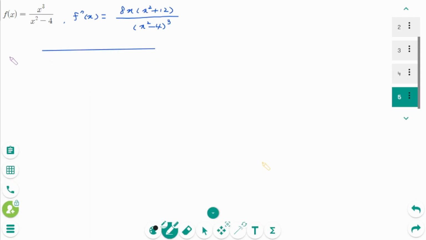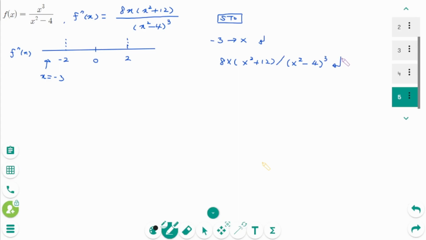There is a number line. f second prime of x equals 0, and x is minus 2 and 2 is a broken line. When the testing number is x equals minus 3, use the store key in your calculator: minus 3 store x, enter, then 8x times (x squared plus 12) divided by (x squared minus 4) to the power of 3, enter,